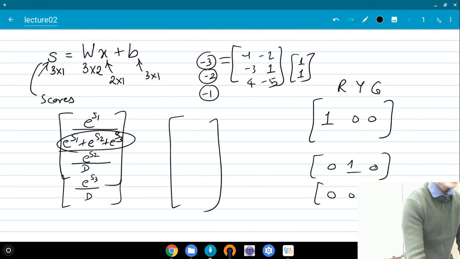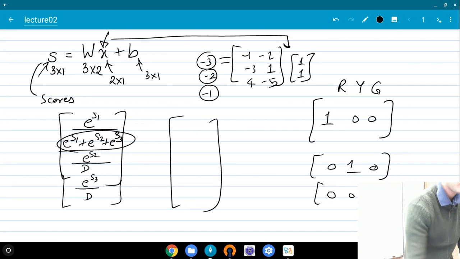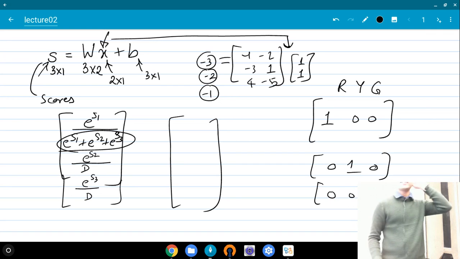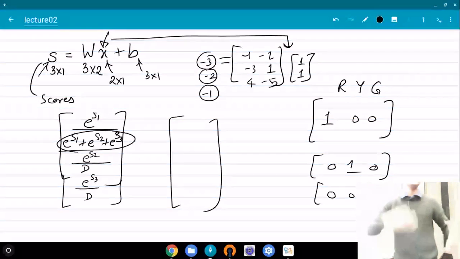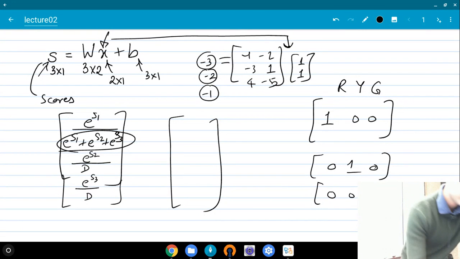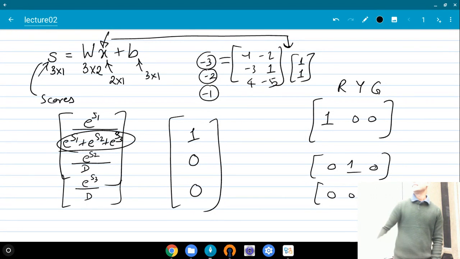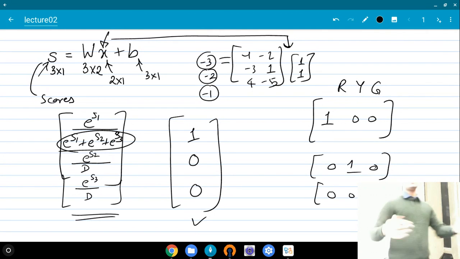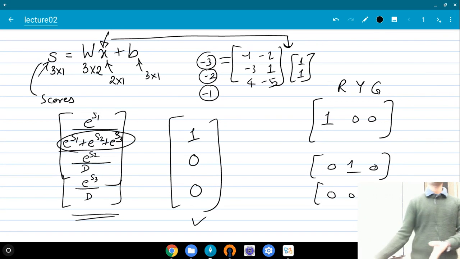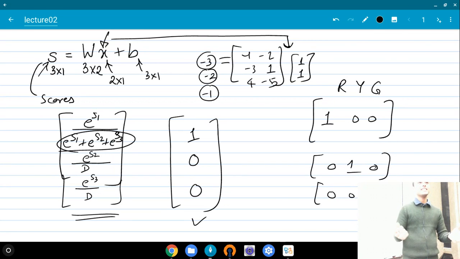So let's say this particular X here, which was 1, 1, belongs to the red class. Then I want to pick W. So essentially I'm going to adjust the W's, the parameters of my model, such that I get these numbers close to these numbers. This is what I know from my training data, and this is what I've computed for a given W, and I want to change W such that these numbers are close to this. I will not just use this vector minus this vector squared. I could do that, but instead I'll just pick the